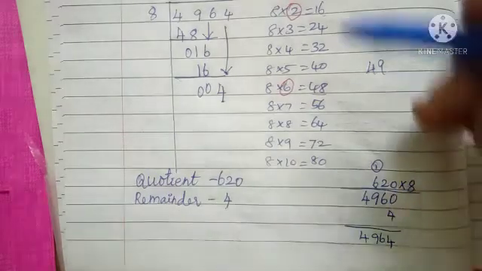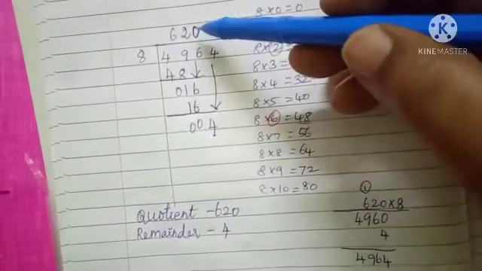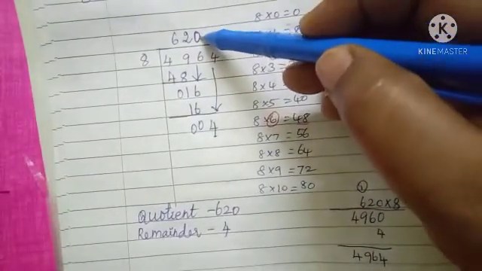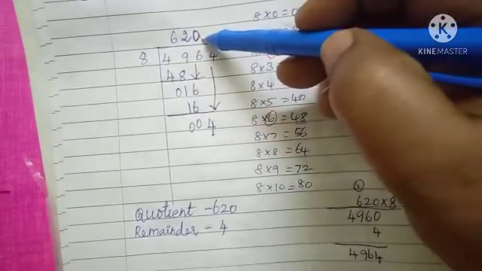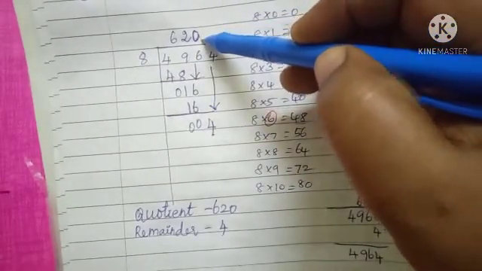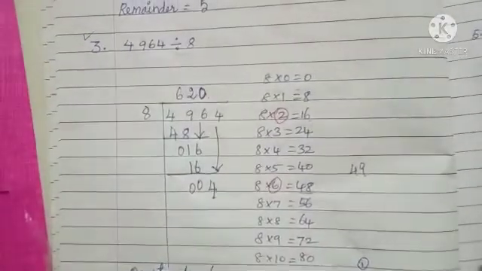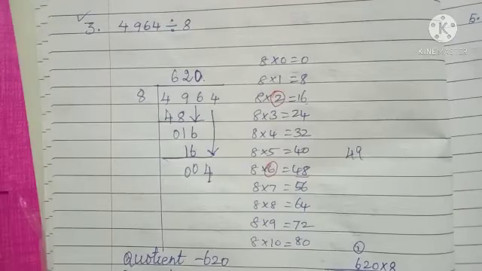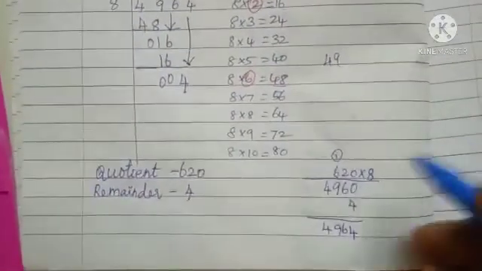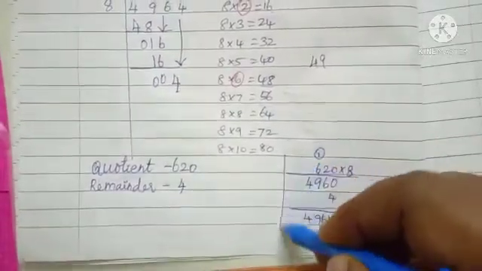If you get the answer 62, it means wrong answer. You only added 0. So last number நமக்கு ஒன்று இருக்குது அது போட முடியலன்னும் போது நம்ம 0ன்றதை கண்டிப்பாக ஆட் பண்ணியே ஆகணும். Okay children, learn this one sum carefully. Okay, 620 is the quotient. Remainder is 4. So you check using the cross multiplication method.